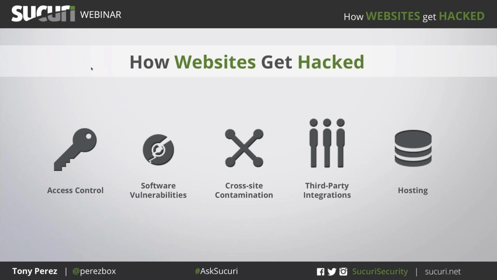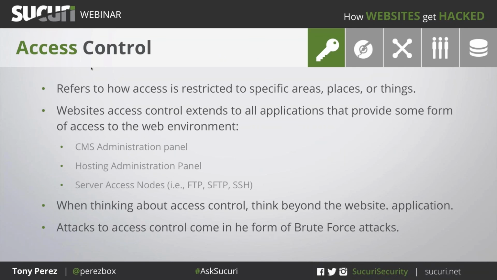On the access control side, I like to use this term, and some people say, oh no, people don't understand that. I like to think that people are a lot smarter than we give them credit for, and so I like to use the proper terms. Access control is around authentication and authorization. Does somebody have access to gain entry into a specific area? So if you're working on a CMS, they all have administrative panels. How are you securing that? How are you ensuring that you have the right people accessing it from the right locations, and not allowing people to get in?